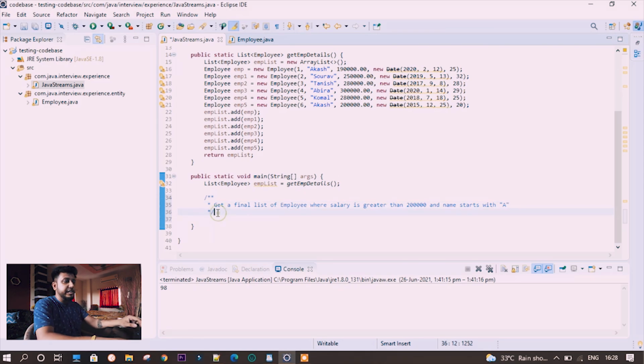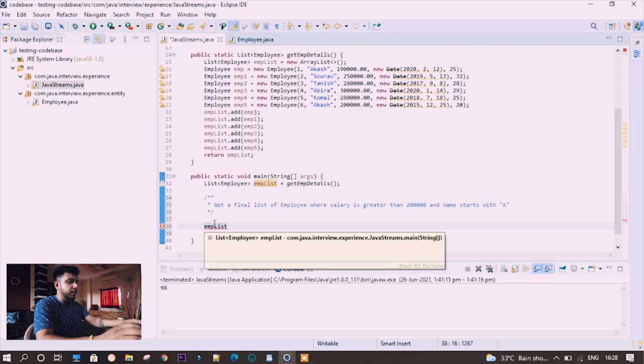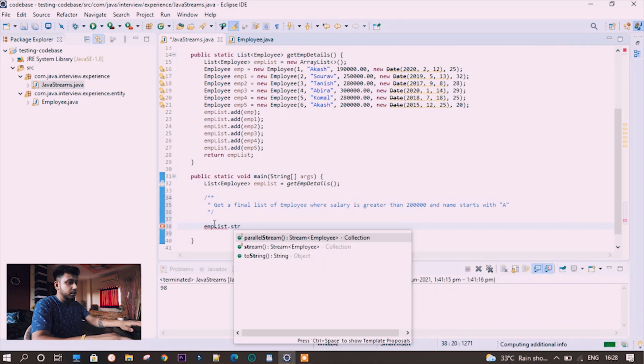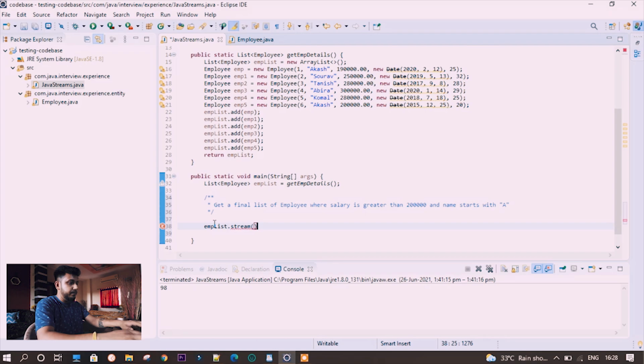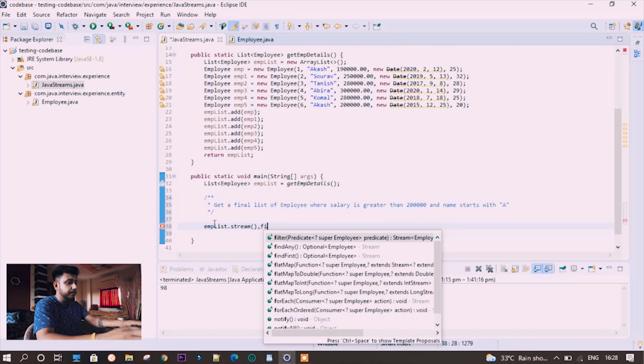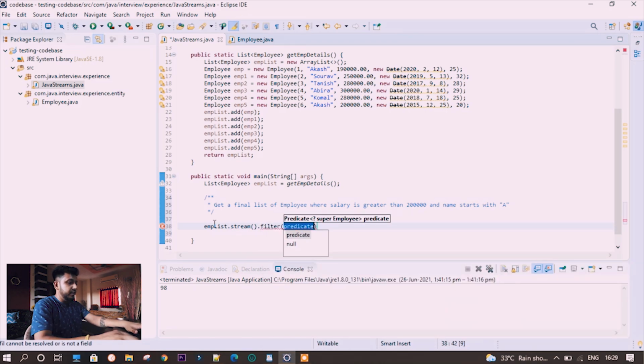So in Stream API it can be written very easily wherever you have got the list. Whatever you have to do, employee list dot stream, then you need to do filter. Now in filter, let's take one employee object here, the predicate, and you need to check that employee salary is greater than 2 lakh.